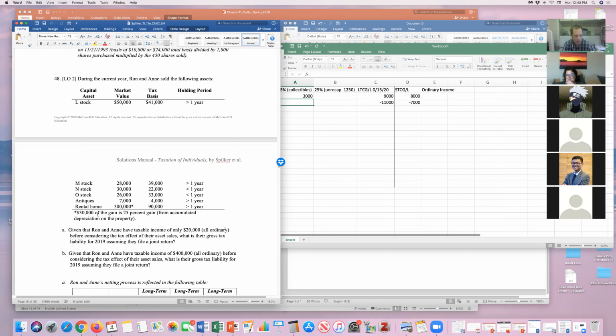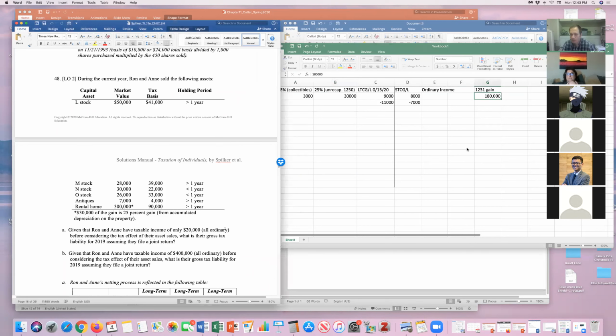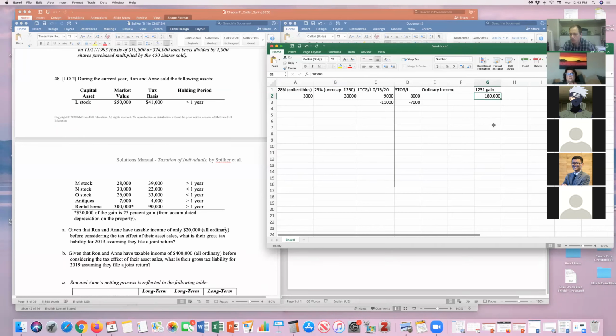So $30,000 of that is going to be here. And the other, that was 210, so the other 180 is bigger than the depreciation. Or no, sorry, that's just a 1231 gain. If that's all of their assets, but if they had more 1231 transactions,